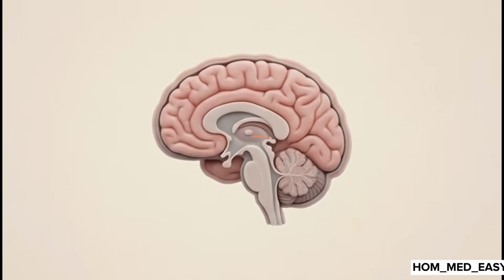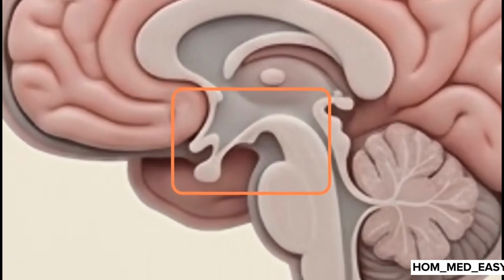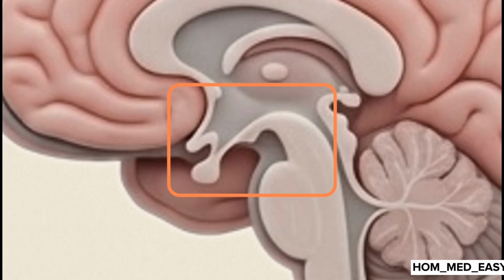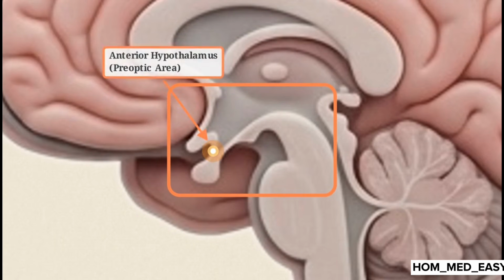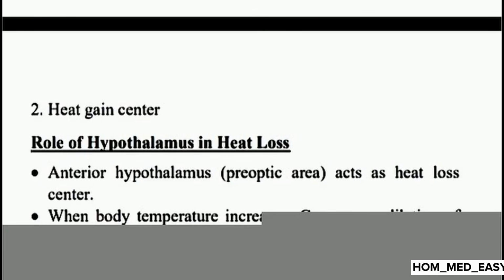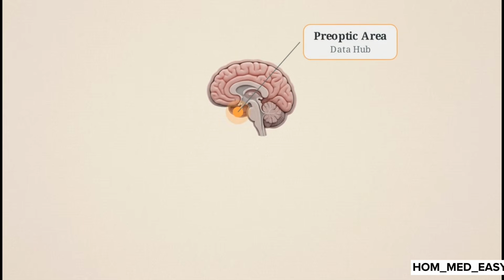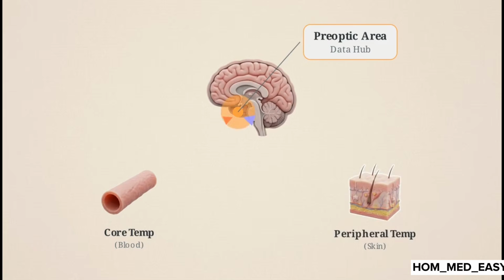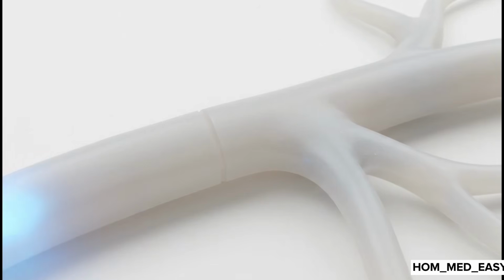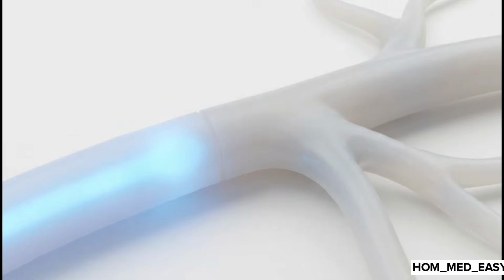Zooming into the internal architecture, the precise locus responsible for initiating these specific cooling procedures is isolated in a small node, the anterior hypothalamus. The clinical breakdown corroborates this specific anatomy, labeling the anterior hypothalamus, also known as the preoptic area, directly as the heat loss center. This preoptic area serves as an aggregated data hub. It constantly receives real-time temperature inputs from the blood flowing through it and from peripheral receptors mapped across the skin. The moment that incoming data indicates a core temperature climbing above the 37-degree threshold, the preoptic area triggers an immediate